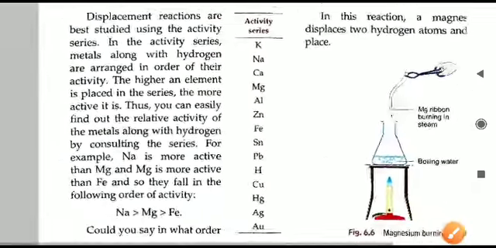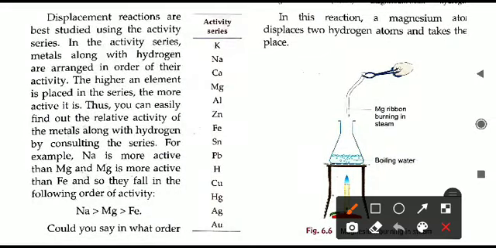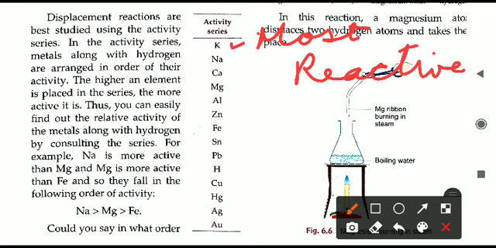You have to understand the displacement reaction. So potassium is most reactive. The topmost one is most reactive, and as we fall down, what will happen? As we move downwards in this particular activity series from top to bottom, the reactivity will decrease. So potassium is more reactive, followed by sodium. Sodium will be reactive but less reactive than potassium. Then again calcium, slightly the reactivity will fall down.